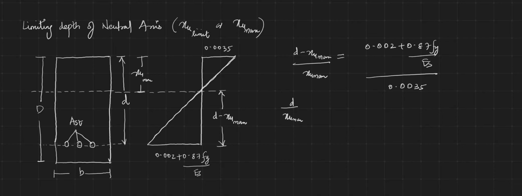That is, d by XU max minus 1 is equal to (0.002 Es plus 0.87 Fy) by 0.0035 Es. That is, d by XU max is equal to